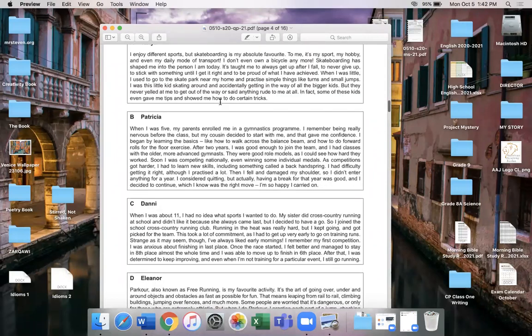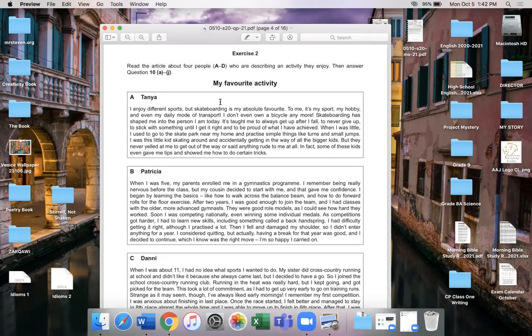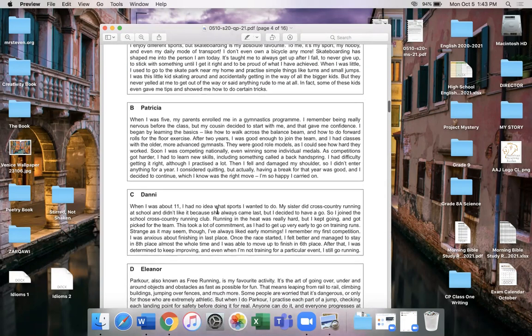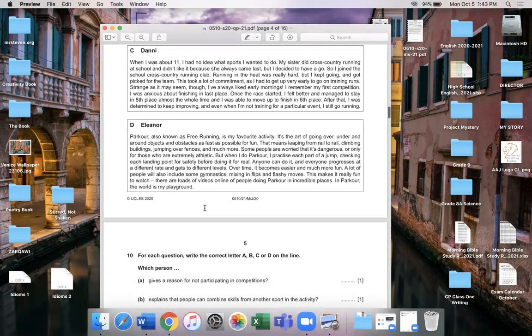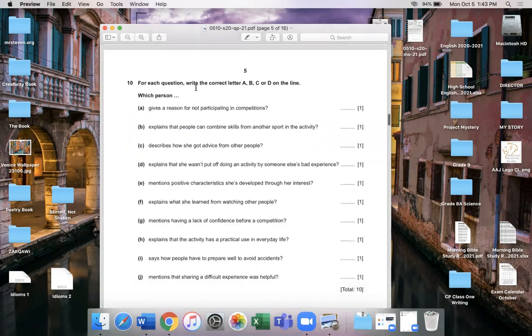So again, to repeat, the way that I would take this exam, I would start by reading through each character, pausing after reading about Tanya, kind of getting an impression in my heart and my mind, who is Tanya, what did I learn about her? Then I would move on to the next character, and the next. Then I would start answering the questions one by one. And when I say it gives a reason for not participating in competitions,